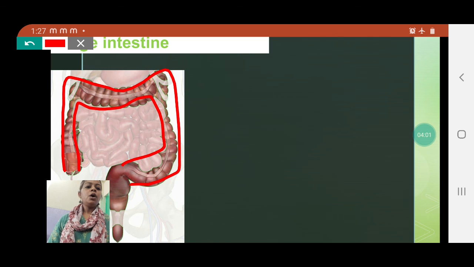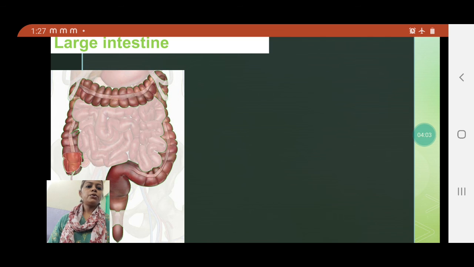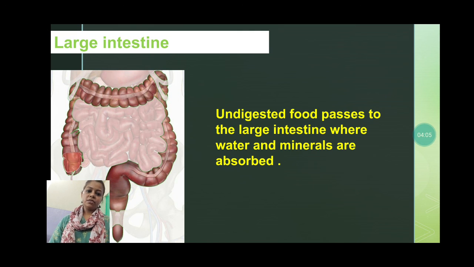And here only the absorption of water and minerals takes place. This question can come in the examination: where does the absorption of nutrients take place? The answer will be the small intestine. But where are water and minerals absorbed? Then the answer will be the large intestine. In the large intestine only water and minerals are absorbed. After that, the process of egestion starts,